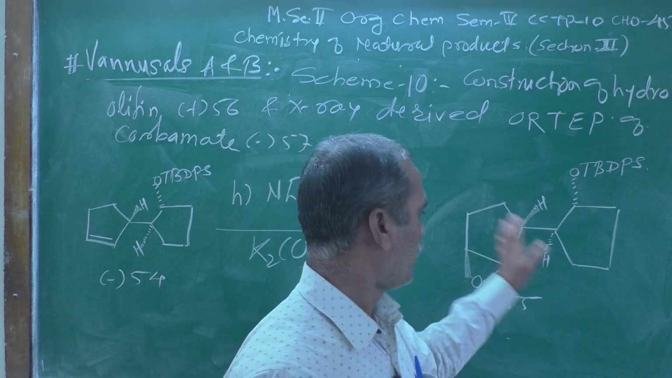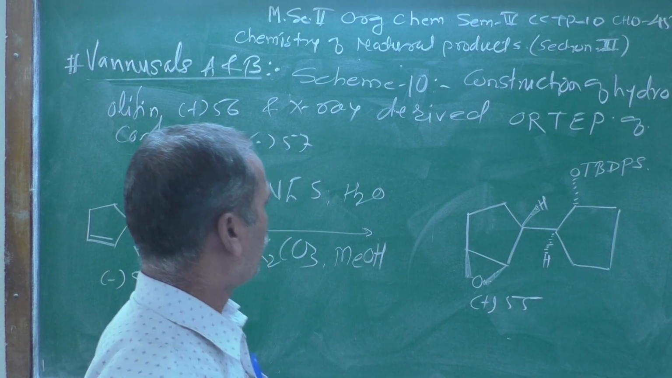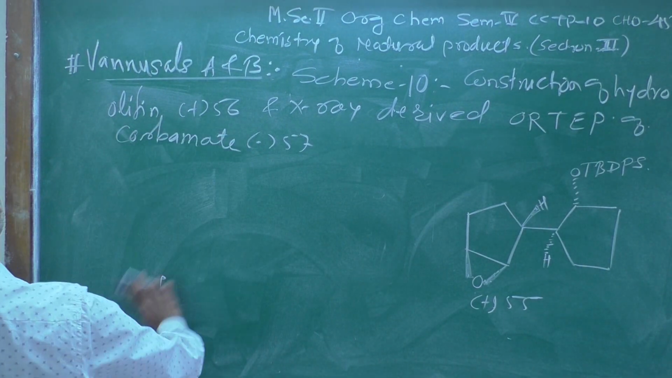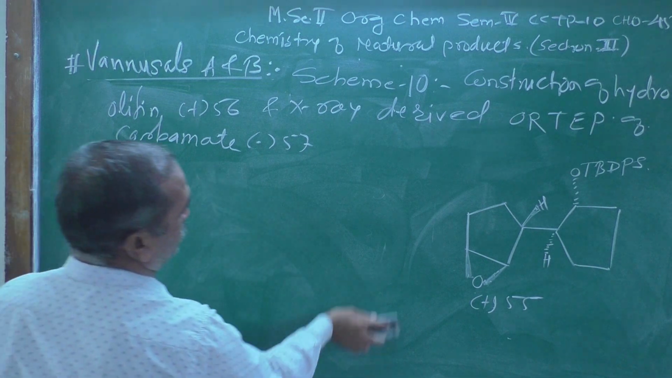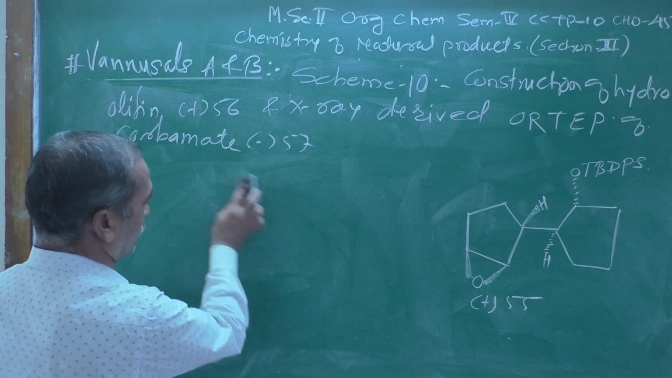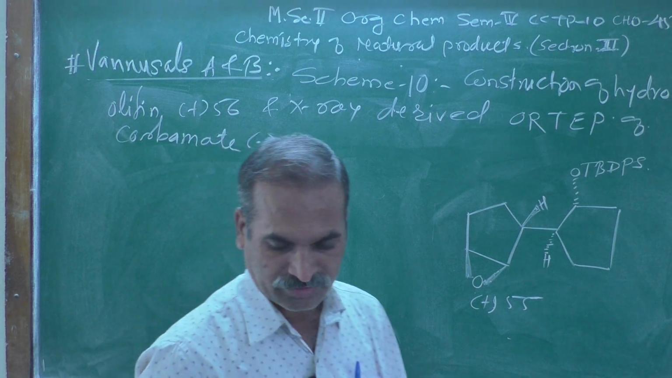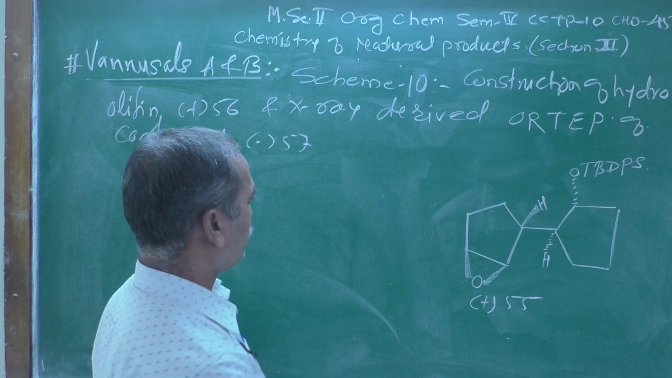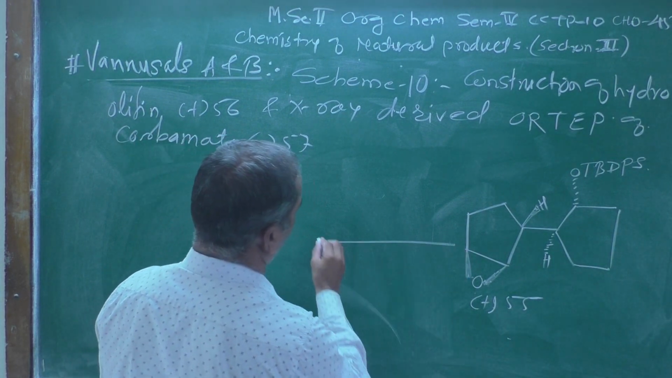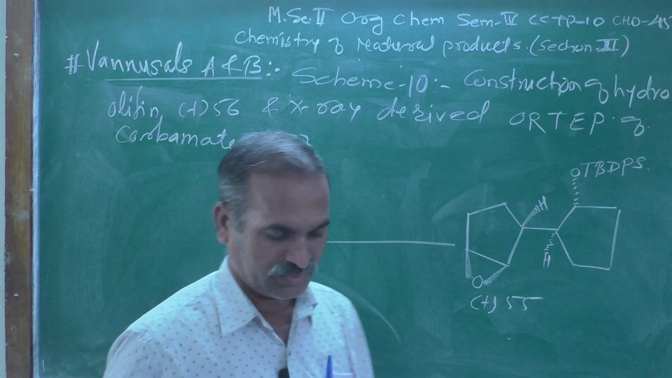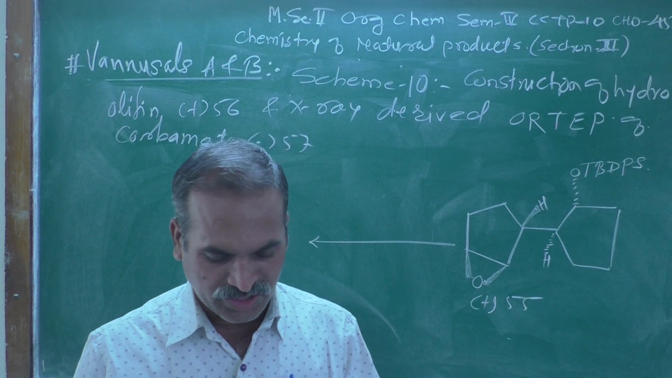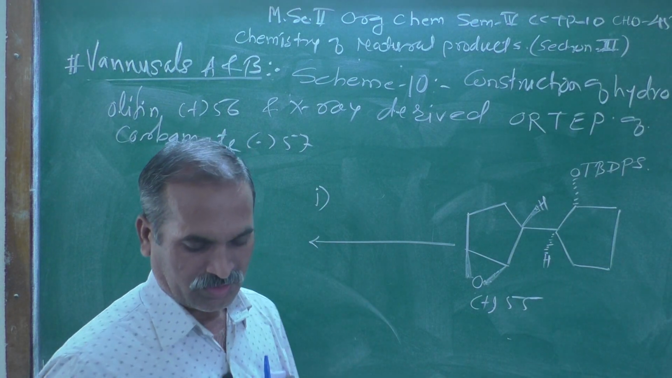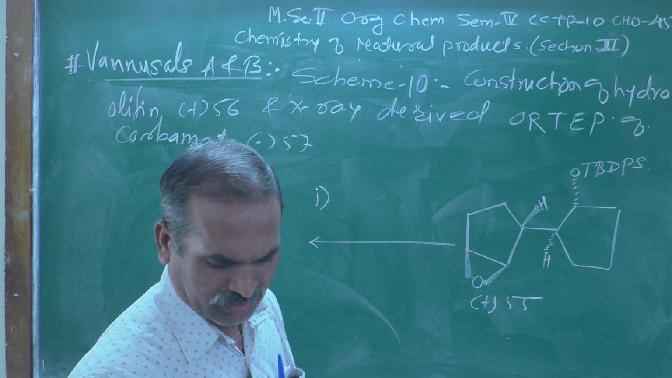And after this, now let me clean this side so that you can clearly understand the connectivity of this, or you can remember the sequence of steps which I am using over here. Now I am going to show this structure 55 when treated with the reagent I. The reagents are like this: